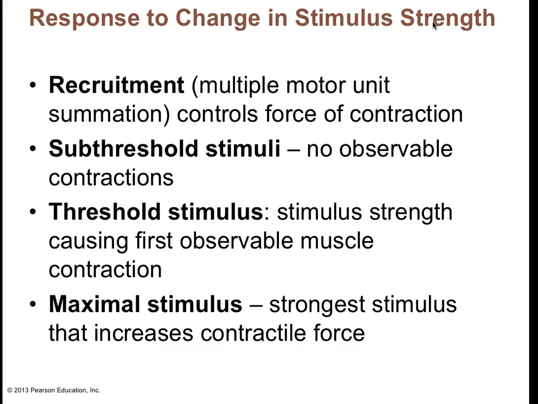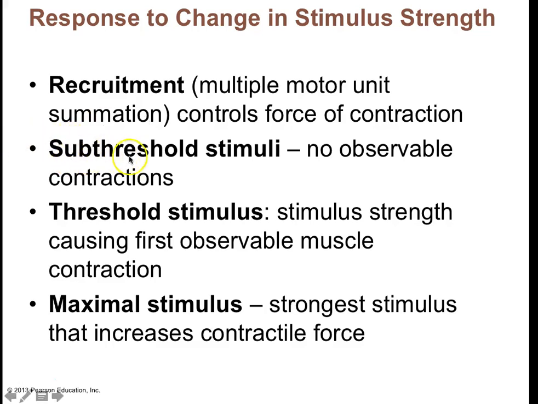And depending on how many are firing at the same time, you can go from low stimulus strength, medium stimulus strength, maximum stimulus strength. And what you are trying to do is something called recruitment. You're trying to recruit more of the muscle cells in that muscle contraction. Sometimes it's called summation instead of recruitment. Either way, what you're doing is you're either summing the strengths together from low, medium, high, or recruiting muscle cells to contract at the same time. It's similar